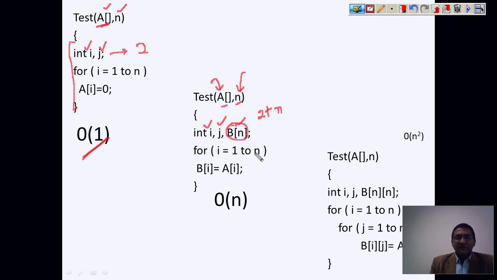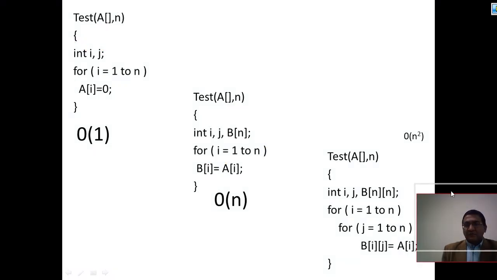Here we are having one loop, and then what we are doing, we are simply passing the value of a of I into b of I. So this is something we make a program to copy the values of one array to other array. Now here you can see we require these many memory cells. Now when we talk about 2 plus n, this is nothing but it is an expression which is represented in terms of n. So here the space complexity is big O of n because we need n plus 2 memory cells, which is nothing but big O of n.